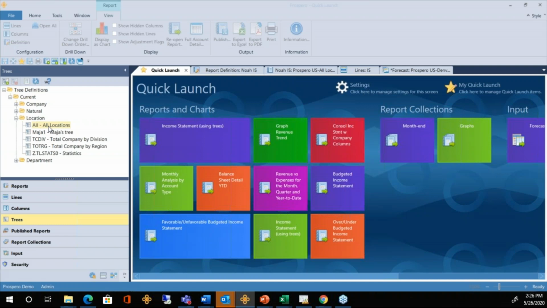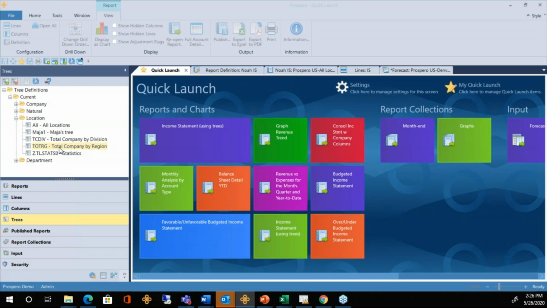I don't have to manually make any changes to that one, but I do have a few others that are set up separately that may not automatically get updated. If you can build these with ranges or wildcards, they do get updated automatically. But sometimes you build these summary definitions using individual references to locations or departments or accounts. In that case, they would not get automatically updated.